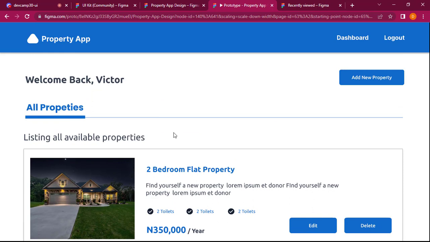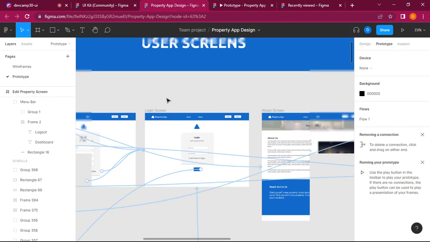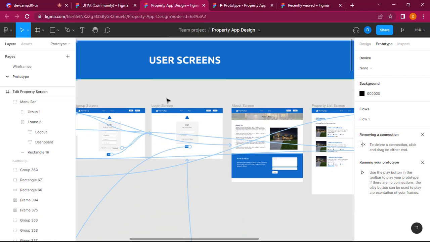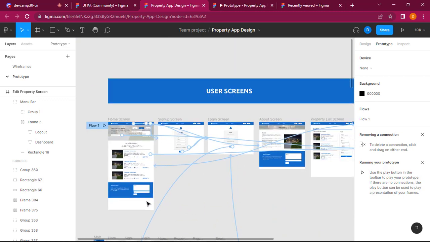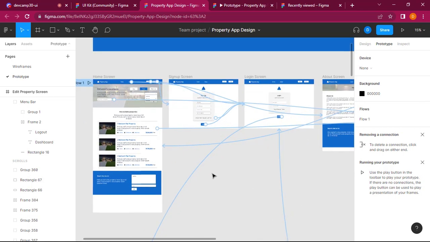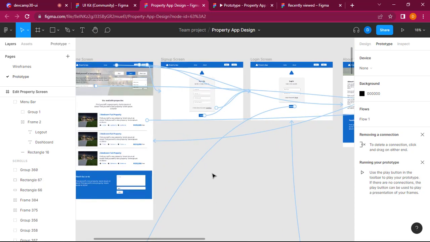So looking at this, we have two parts of the system, both for the dashboard and for the users. This is just basically to show us the basic workaround for our prototyping and interactions. So there are still a whole lot of things here that need interaction, because while we've added interaction to the very basic and important things,